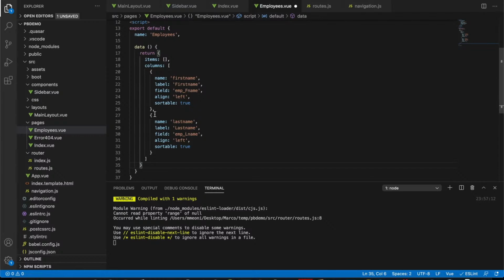The Vue component has a certain life cycle that goes through different states. It's like a window in PowerBuilder that goes through several events, open, activate, etc. So we must call the API when the employees component is already rendered on the page. And this state is called mounted, which we can specify in the script section. So here